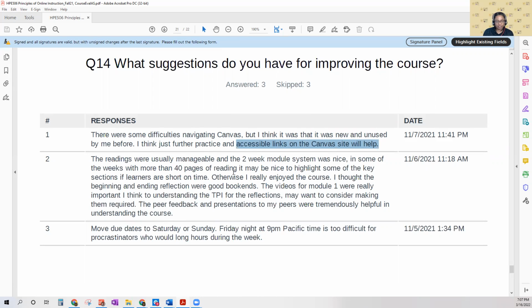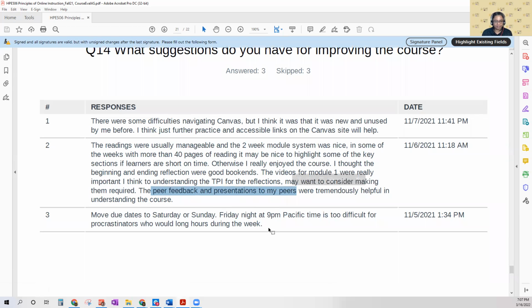The readings were manageable, so that's okay. All right, so here there is the videos. You may want to consider making them required. So there's a suggestion for how to change the course content. And again, the same thing, peer feedback and presentations were tremendously helpful. So that's just verifying the same thing.